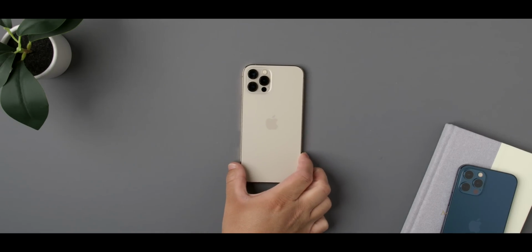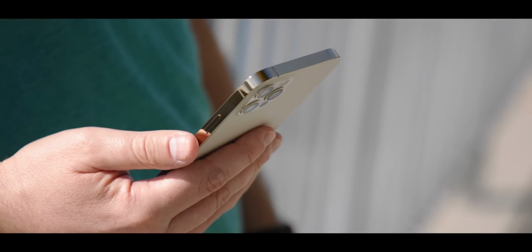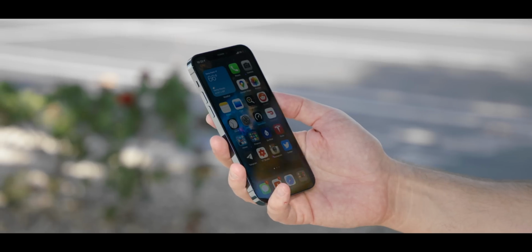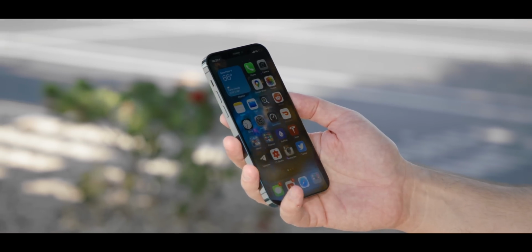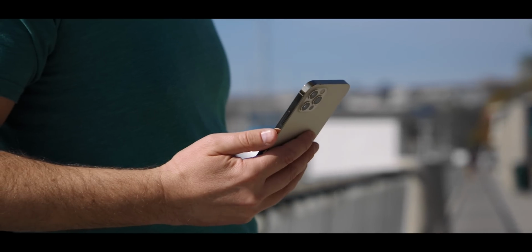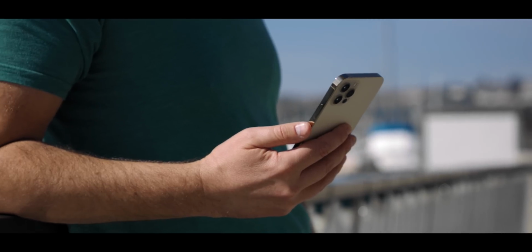So the iPhone 12 Pro is a solid update from the iPhone 11 Pro, and especially over anything that came before that. But the main issue with 12 Pro isn't the iPhone 12 Pro, it's giant brother, the 12 Pro Max. It's a phone that I am much more excited about, and I think takes the Pro name to what it should be. And maybe that's the phone that's right for you, but I don't think a lot of people are that jazzed to carry a 6.7-inch device in their pocket